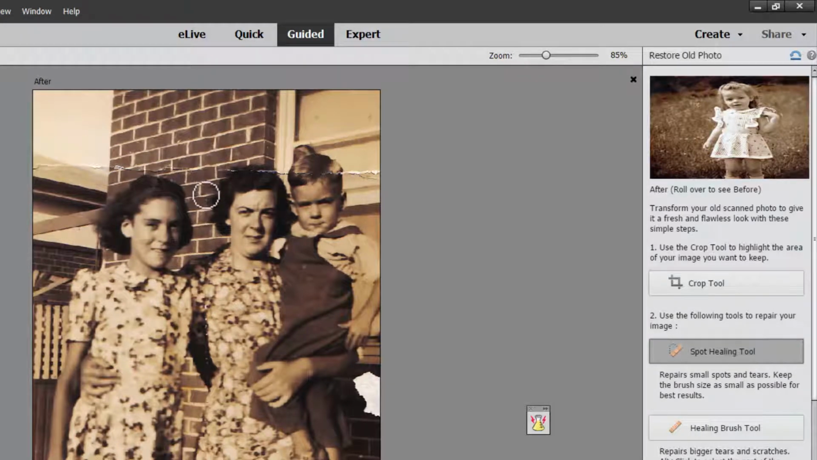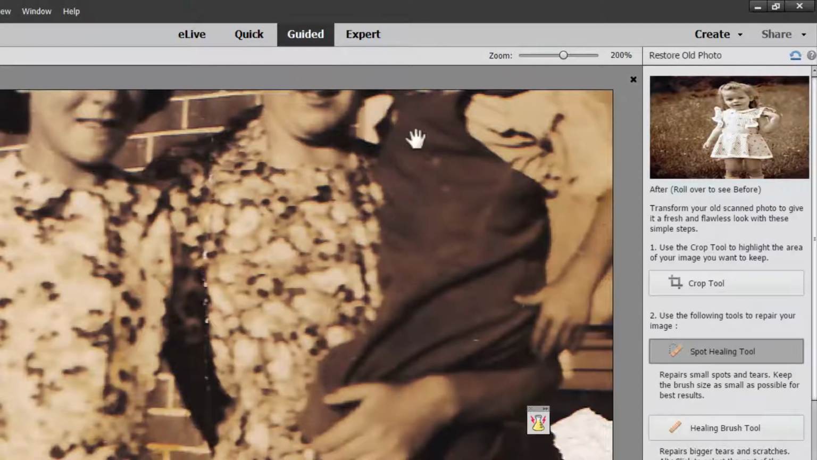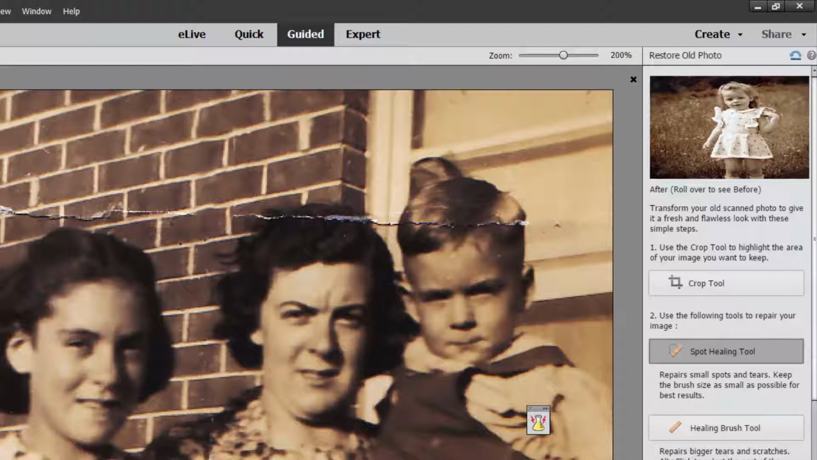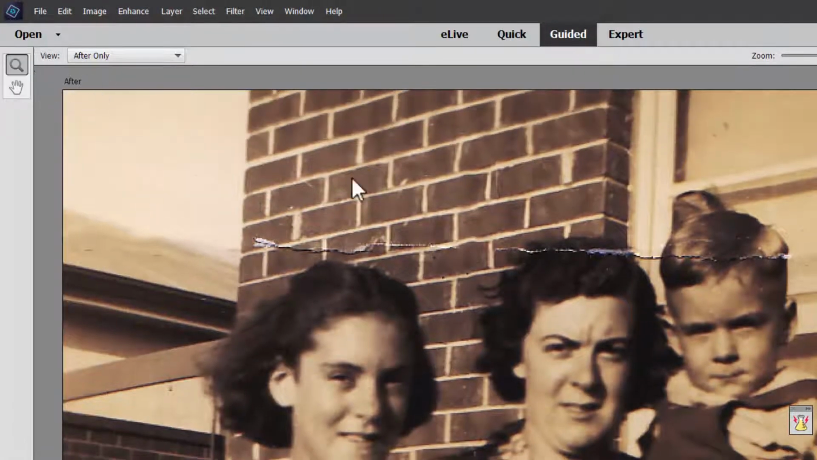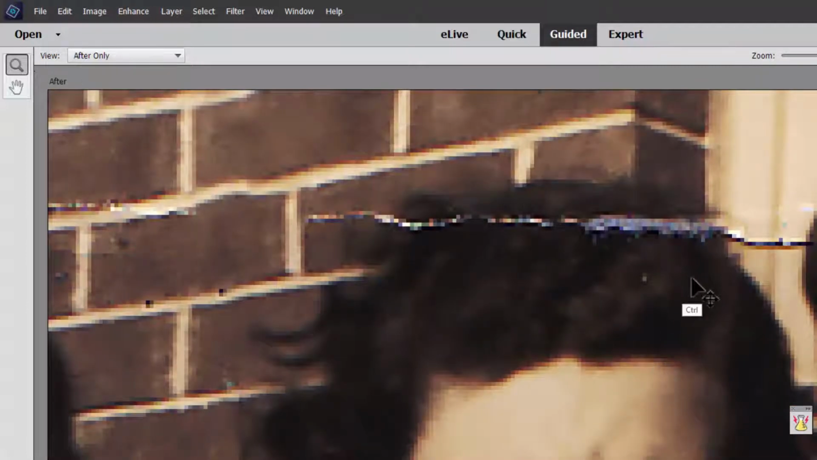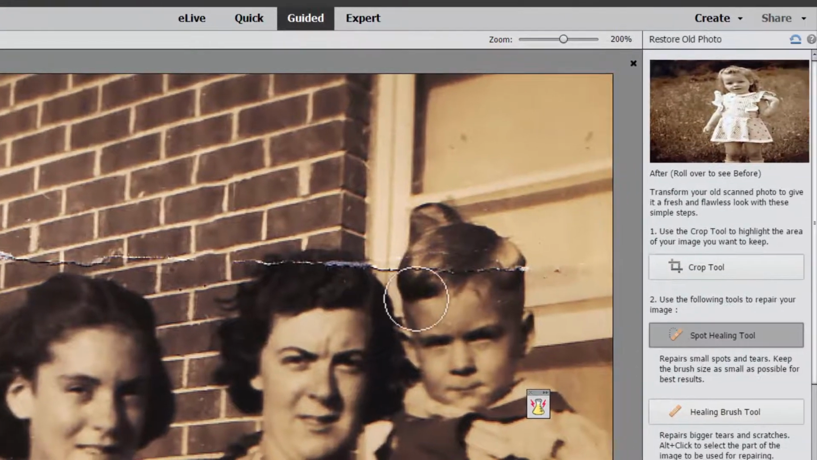And as you can see, that's pretty quick and it's doing a great job. So there we go, we'll just get rid of that tear. And this one over here. And if you want to, you can always press Control plus or Command plus to zoom in. In this case, you've also got your hand to move around your photo, or the zoom tool here. But we don't want to zoom in that far. So let's just keep going with the spot healing here, trying to fix up